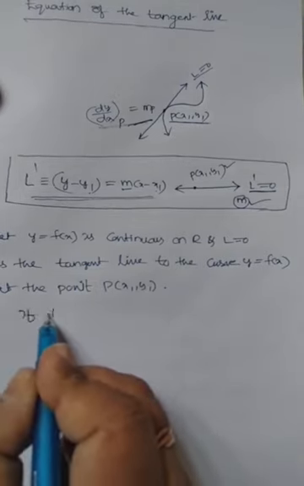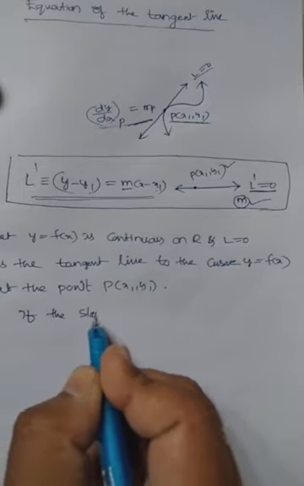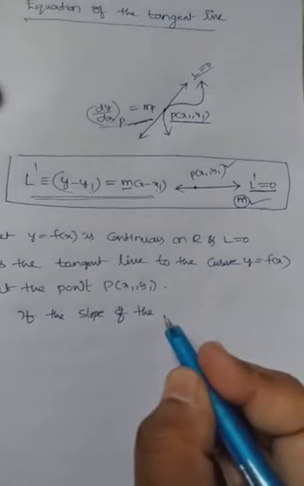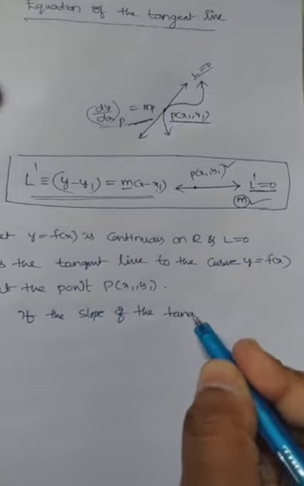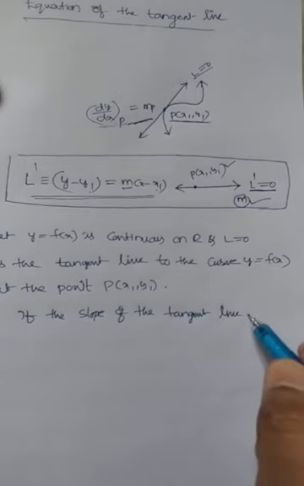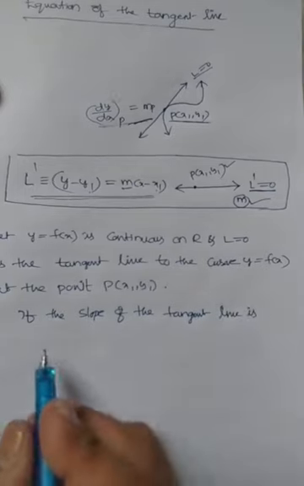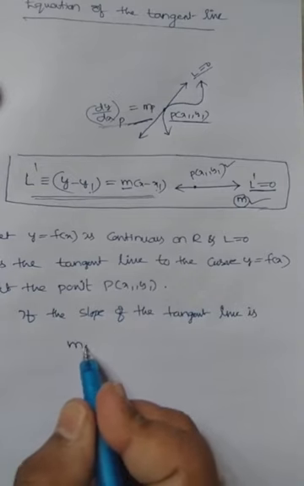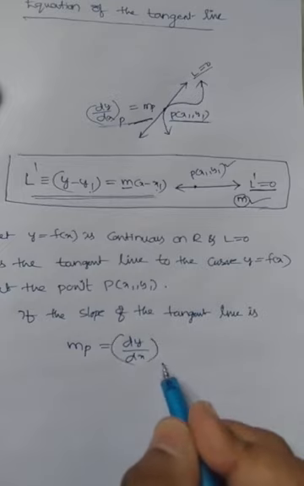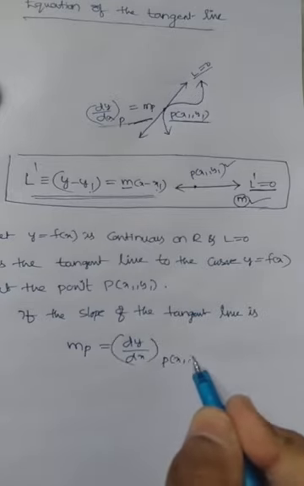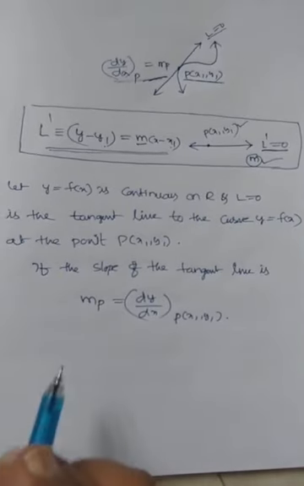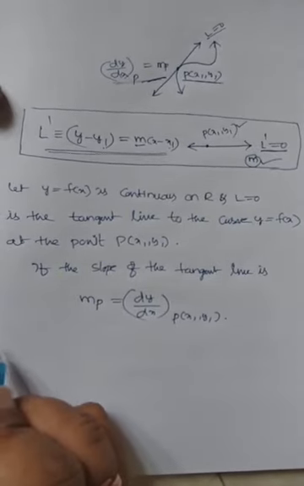If the slope of the tangent line is m at P is equal to dy by dx at P of x1 comma y1, then